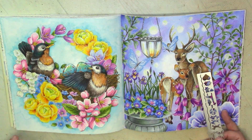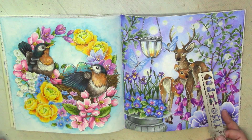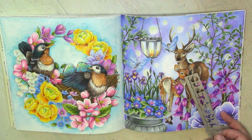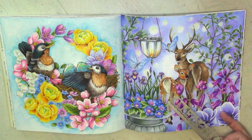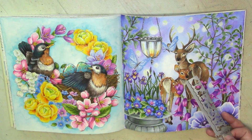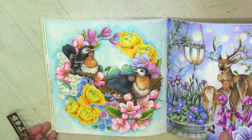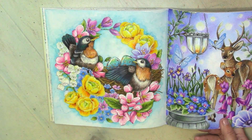Well, in K.Egusa books it's always easy to color animals, because we already have a little bit of shading where she shows us the direction of the fur growth, and I decided to make a little deer Bambi in more orange colors to make a difference with the fur of the mother, where I used a bigger amount of brown colors. Here usually I start from the background, but here I started from this spring